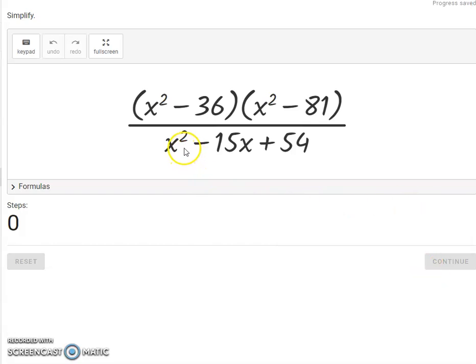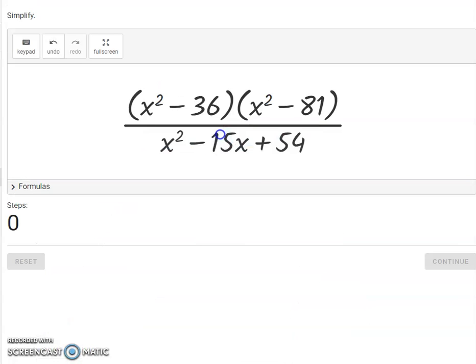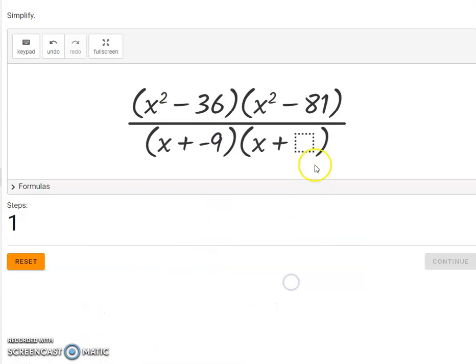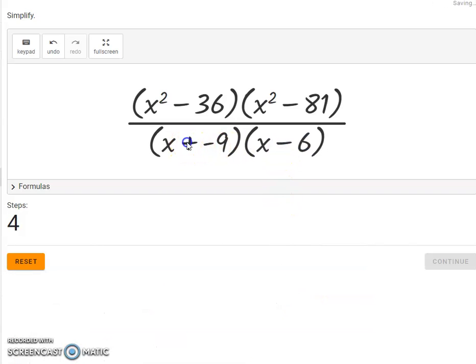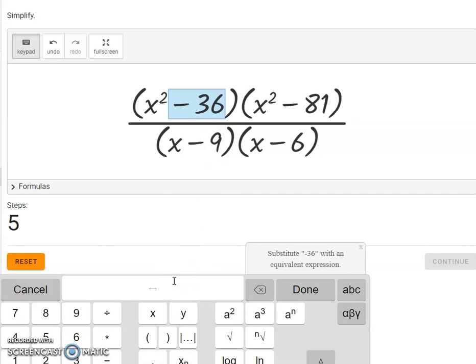So in this one here, the denominator would be x minus 9 and x minus 6. The reason why I've started with these is because in the numerator I noticed that this is another difference of squares, or pair of conjugates. So this one here is going to have an x minus 9, and this one here is going to have an x minus 6. But again, to be able to use the formula, we need to change this to minus 6